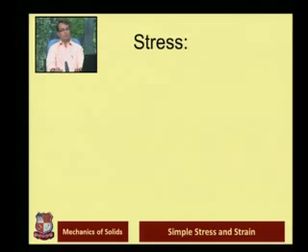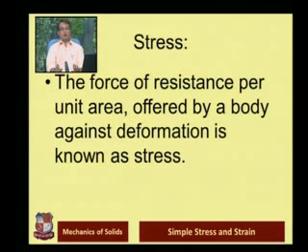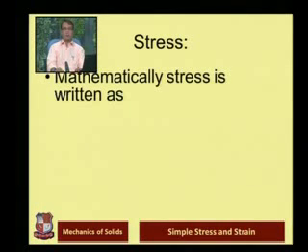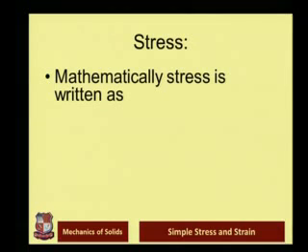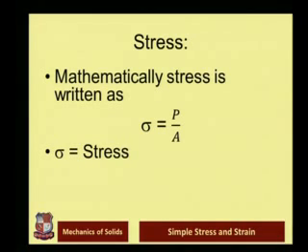Now, what is stress? The force of resistance per unit area offered by a body against deformation is known as stress. This is the definition of stress, which gives us the idea that it is some kind of resistance. Mathematically, we can write stress as sigma. Sigma is the notation for stress. It is equal to P by A, where sigma is stress,